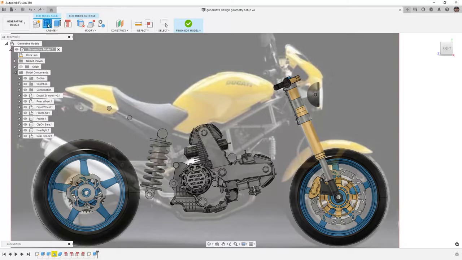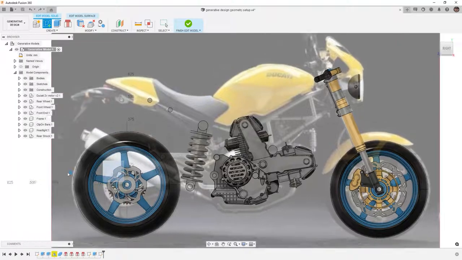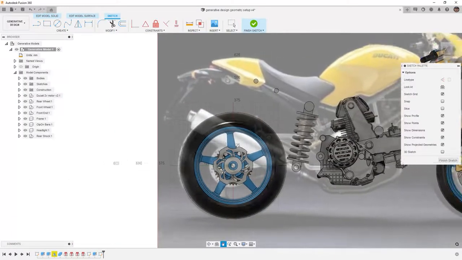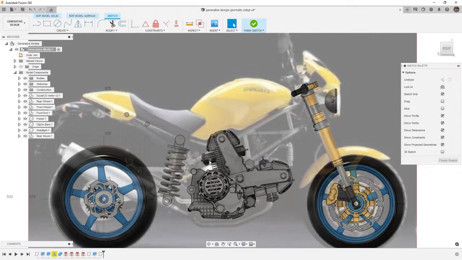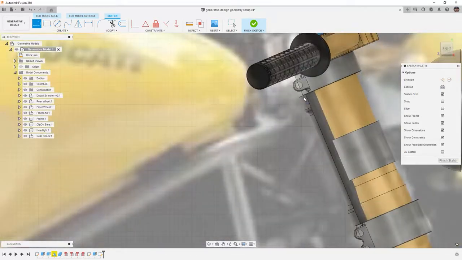So let's get started by creating a sketch, and in this case I'm going to use once again the YZ plane. I'm not really concerned with the location of the origin, I just want to start using my sketch line tool. I'm going to begin sketching up here at the front of the frame. I'm going to start a line that starts about where the steering stem is,